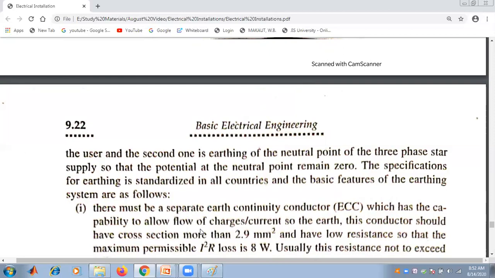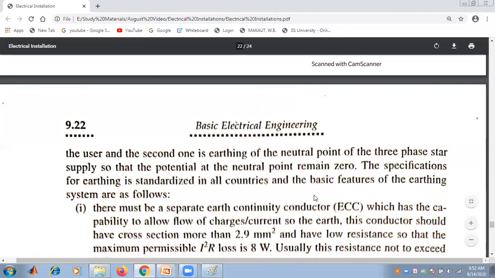The first is taken as a measure of safety of the users, and the second is the earthing of the neutral point of the three-phase star supply so that the potential at the neutral point will remain zero,